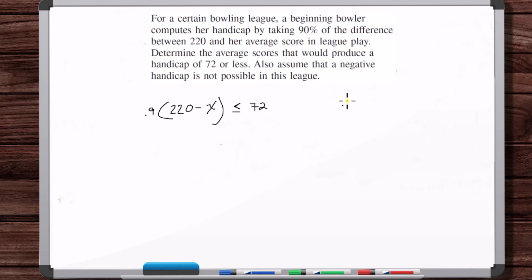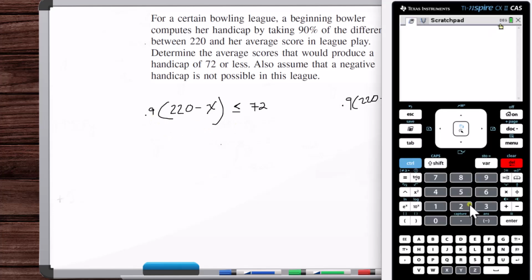But you can't have a negative handicap. So let's also solve for x when the handicap is greater than or equal to 0, and then we'll get the range of scores. Okay, so let's solve this on the left here. So distributing that 0.9,